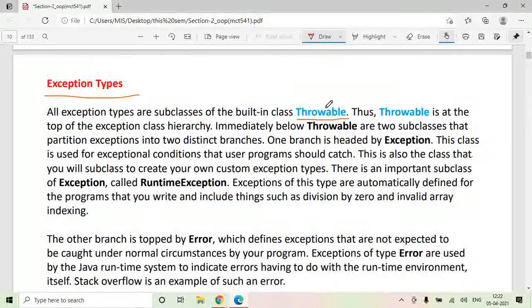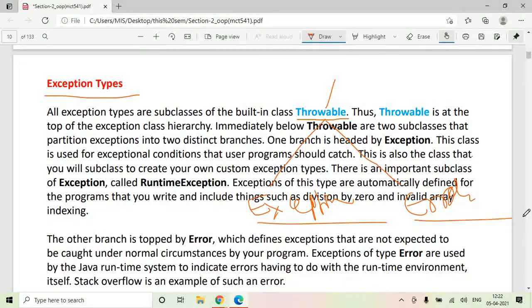From that supreme Throwable class, two classes are derived. One is the Exception class, and the other is the Error class.